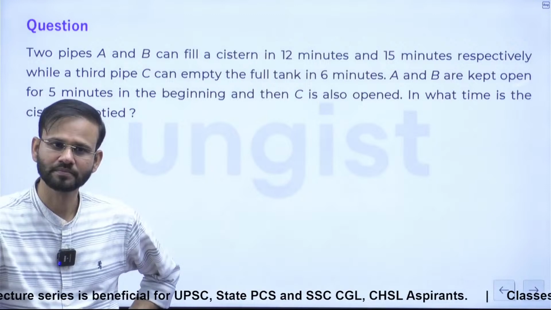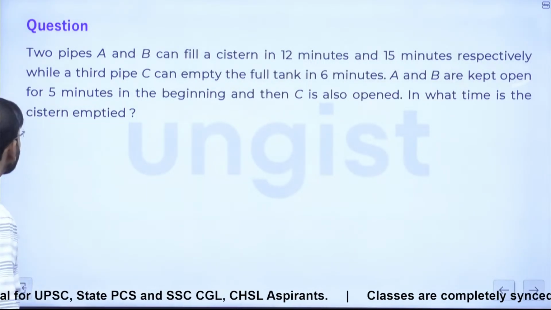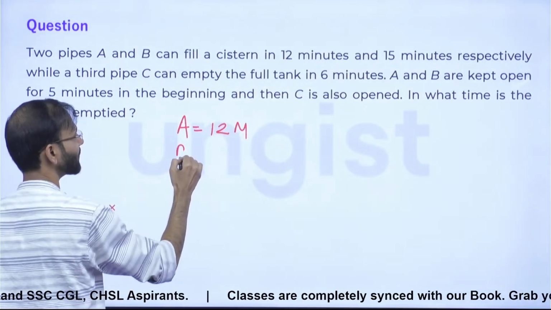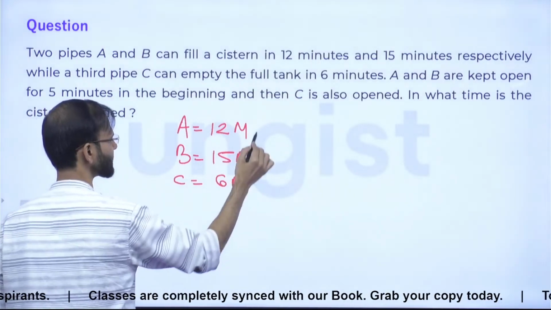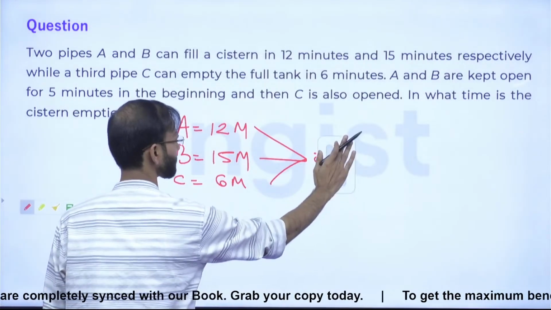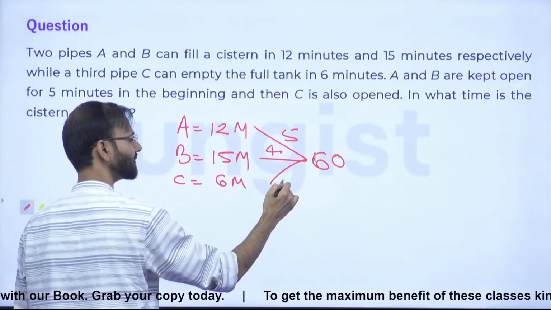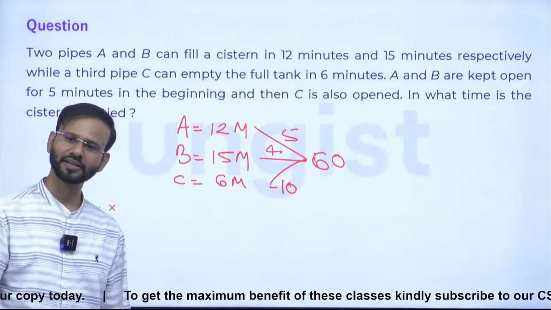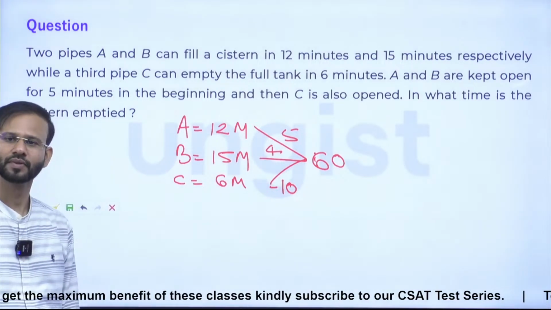तो अब देखिए जरा, अब देखिए प्लीज, 2 pipes, this is 12 minutes, this is 15 minutes, what about C? 6 minutes. What is the LCM? Guys, what is the LCM? 60, sorry. 60. So 5, 4 and then what? -10 guys, right? अब देखिए, अब leak alone is bigger than the sum of these two, and it has to